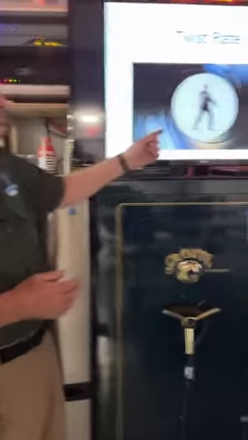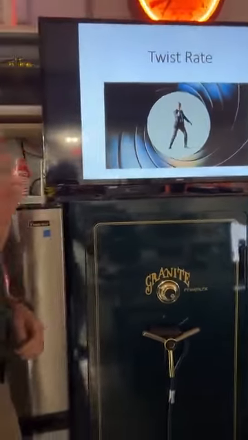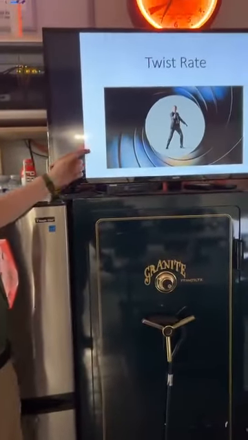Well, twist rate really simply is something we've been exposed to for a long time. Our friend James Bond was in twist rate in his own right there, okay? So let's talk about what is twist rate then. So twist rate then really is